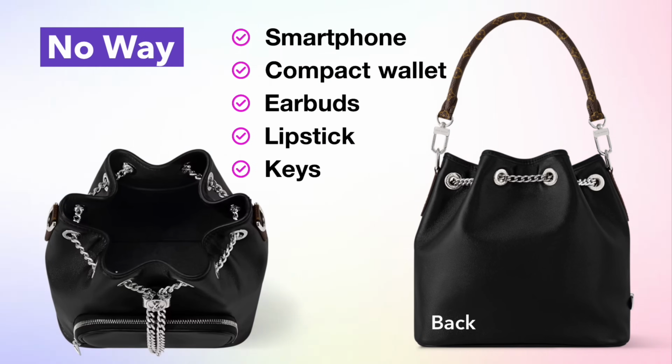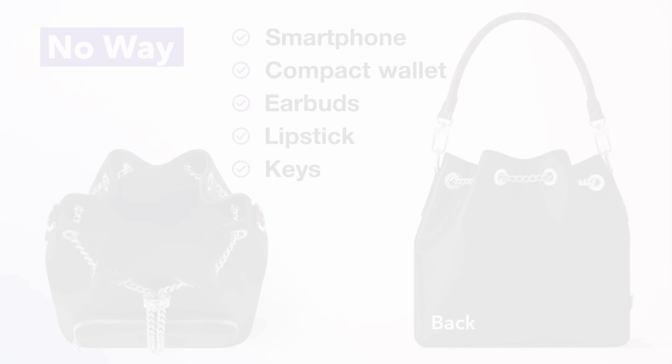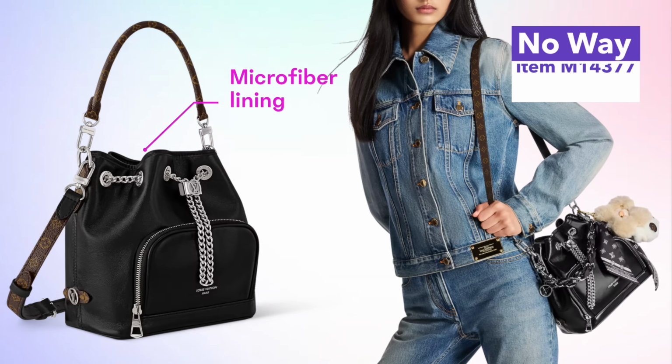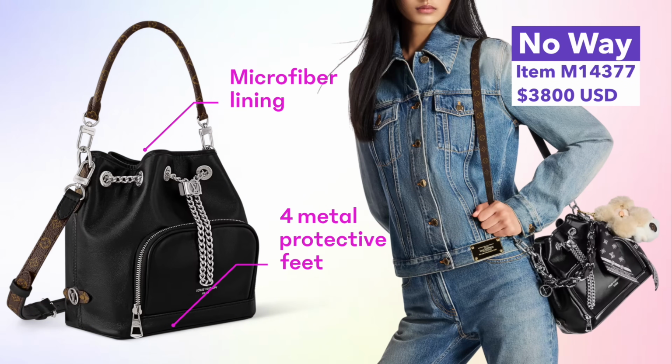That's the size of the iPhone Pro Max, a compact wallet, earbuds, lipstick, and keys. This does feature microfiber interior lining and 4 protective metal feet at the base. I have to mention that because you can't see it in the photos, but there are feet on the bottom